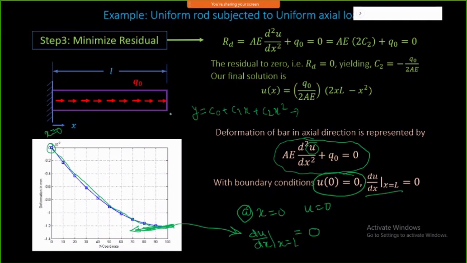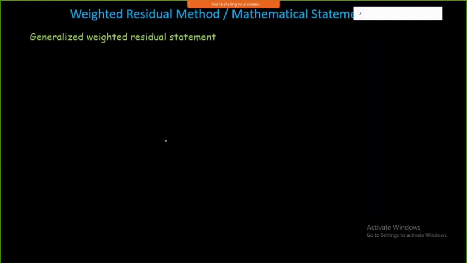So this particular method is typically called a variational principle method, a method of determining a solution for a differential equation in an approximate way. But this method will not assure you that the domain residual is 0 at each and every point in the domain, and that is a problem, so we need to go for a new technique. That is the reason there is one technique called the weighted residual statement.